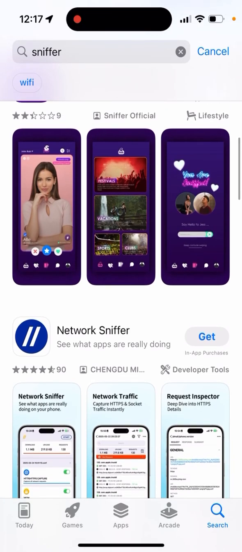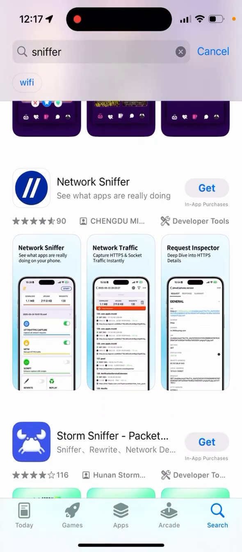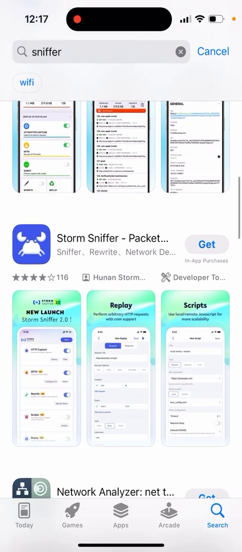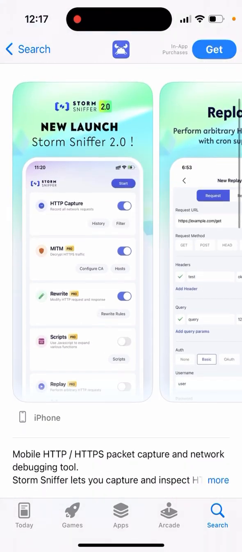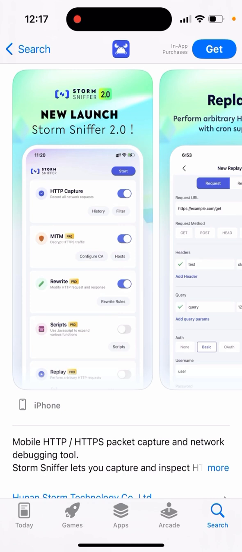So, Sniffer apps, what are these apps? Basically, this is a category of apps to analyze traffic and data on your device. For example, you have a bunch of apps and you just want to analyze all these network requests on your phone and make sure that they are secure. And there are a bunch of apps that are doing that because